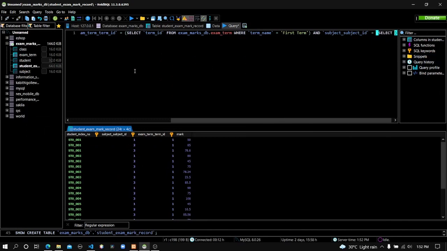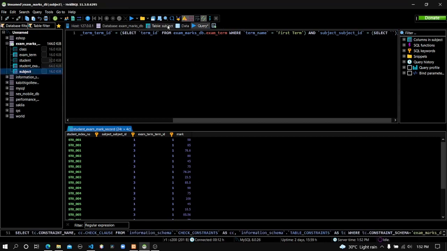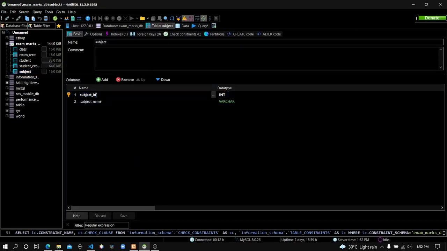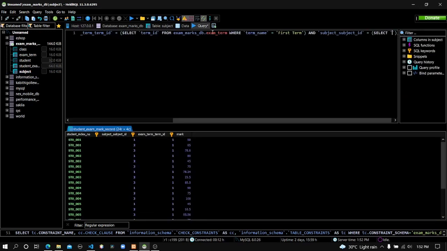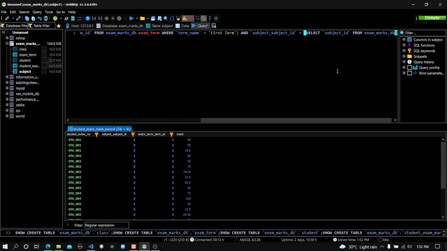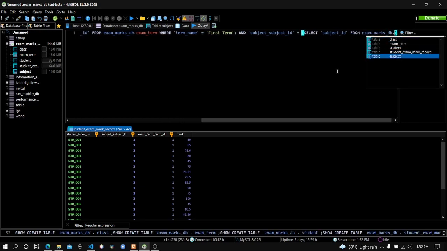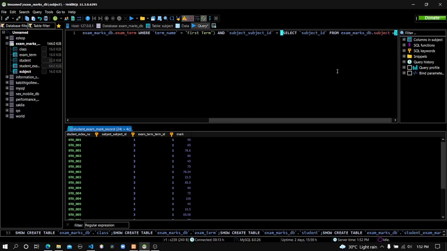So you know the details of the subject are stored in the subject table. So I'm writing this query to the subject table to get the ID. We don't need all the details, only the ID. Here let me copy the attribute name ID from exam term db dot, and here's the table subject, where